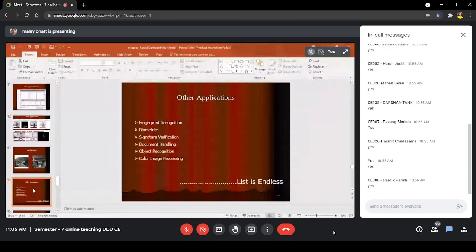Document handling is also a very good application. It is very common now that you scan documents, and from those documents text will automatically be retrieved and stored in a database. One very popular application is used by laboratory people, path labs.